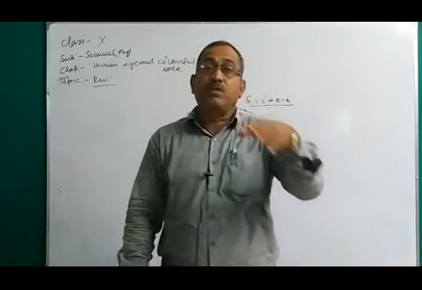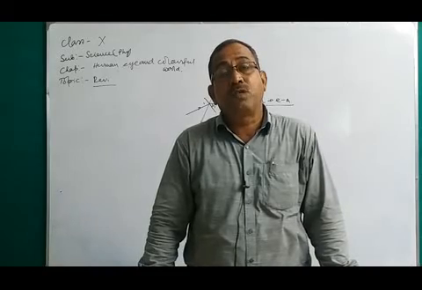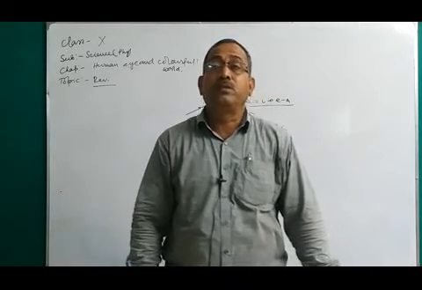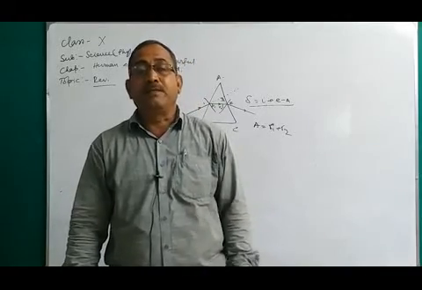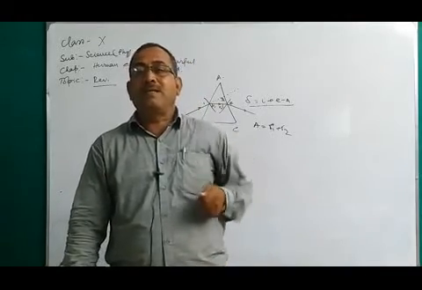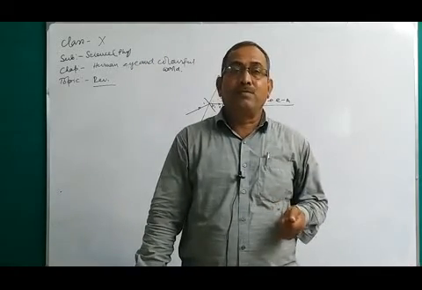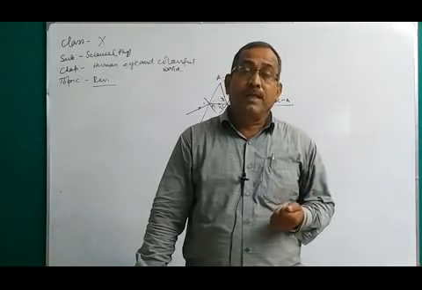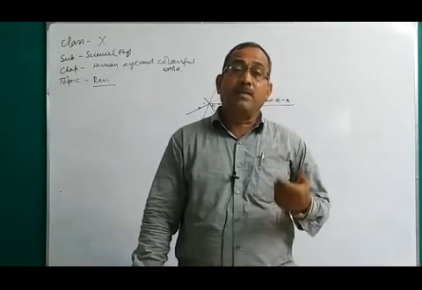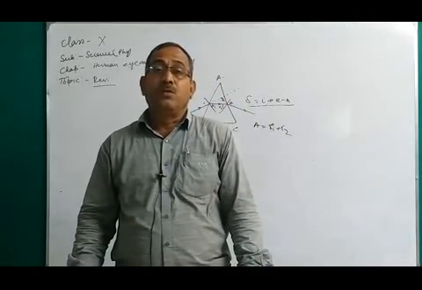Scattering power, according to Rayleigh's relation, is inversely proportional to the fourth power of the wavelength. It means the less the wavelength, the more the scattering power. Violet color has the less wavelength, so the scattering power is more. Green and blue colors have less wavelength than red, so their scattering power is more.